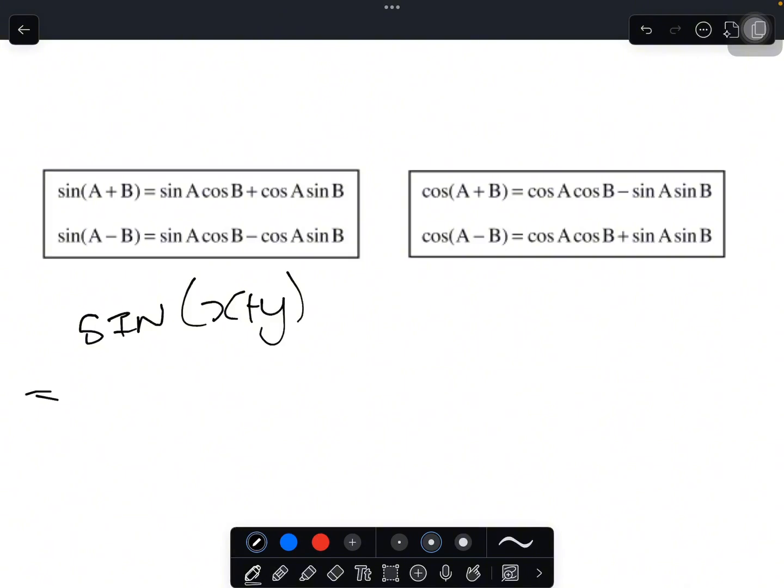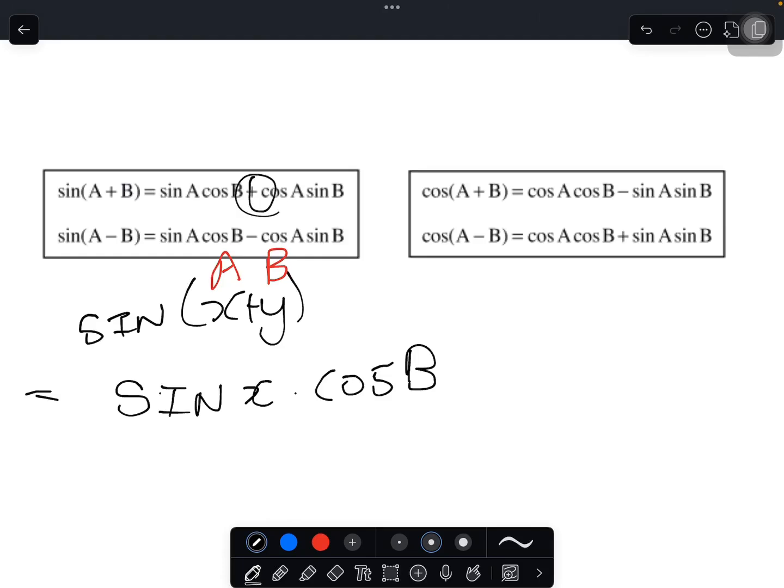What we're going to do is, if you look at this, x now becomes our A, and this y now becomes our B. So we'll have here sine x times cos B, plus, we have a plus sign here, cos,